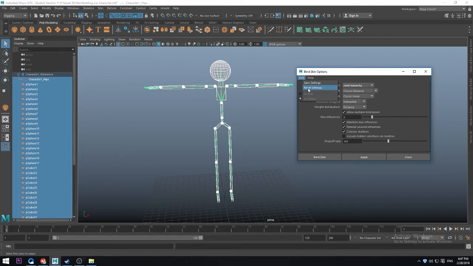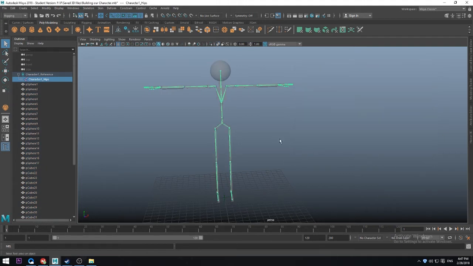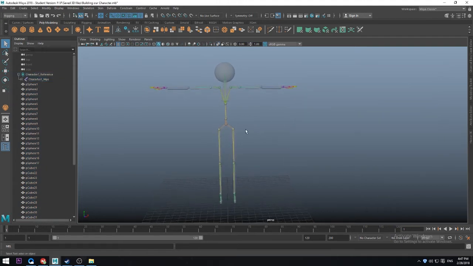You can just actually reset the settings, and you have these settings that I have here on my screen. You have joint hierarchy. All you have to do now is apply, and it does its magic, and you'll see if we unclick the character, we have a colorized rig now. And that means it's tried its best to do whatever it can to rig the joint, or to skin the